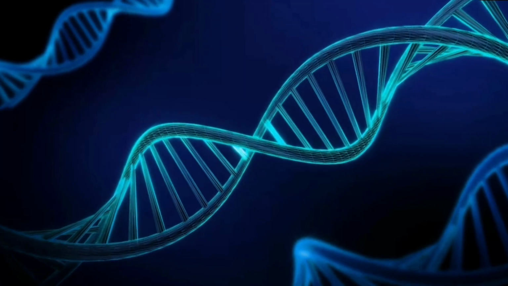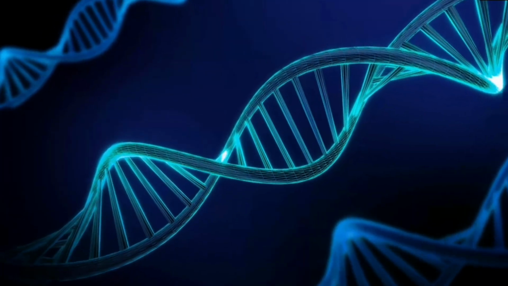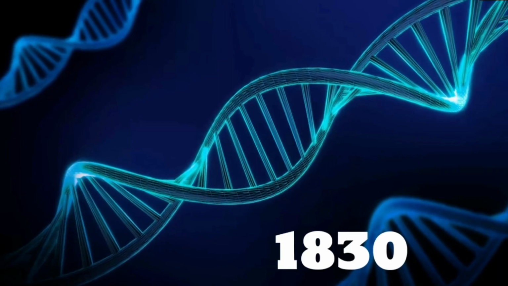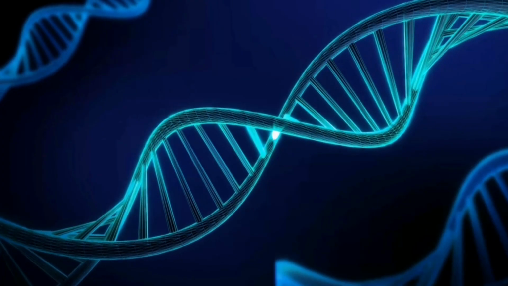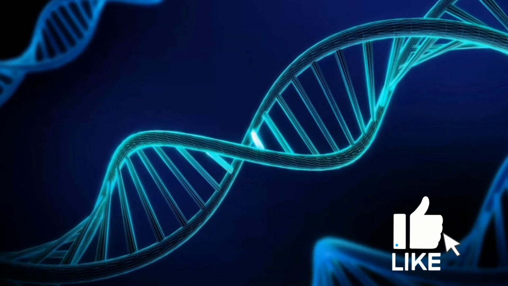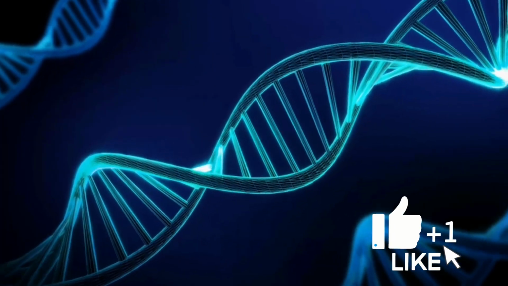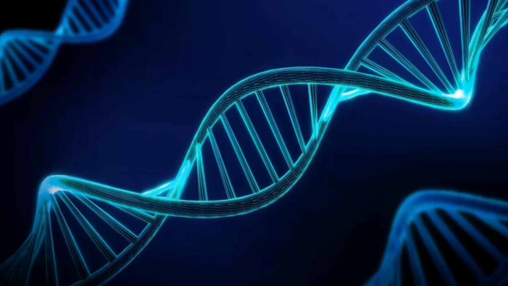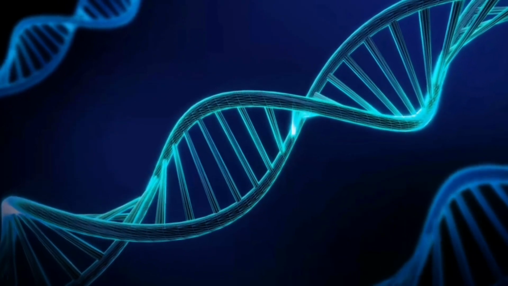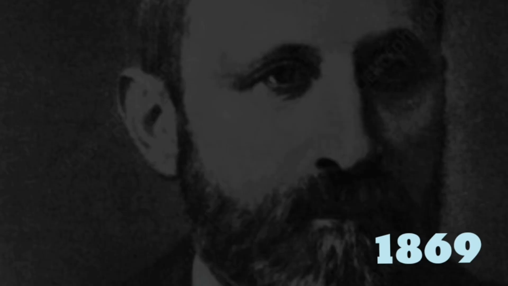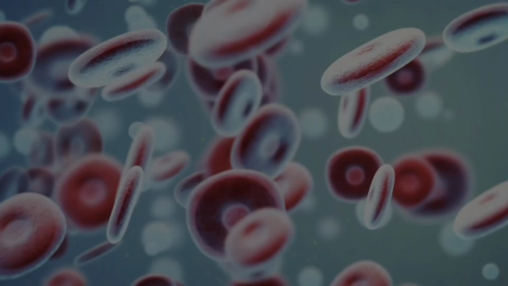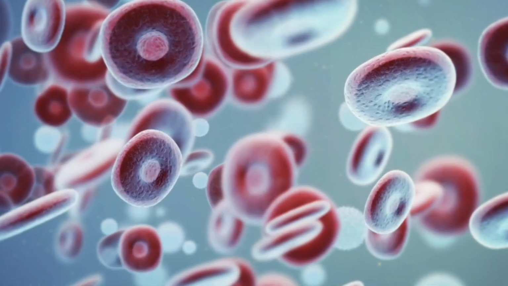The discovery of DNA began with the identification of the cell as the basic unit of life in the 1830s by Matthias Schleiden and Theodor Schwann. However, it was not until the late 19th and early 20th century that scientists began to understand the chemical composition of cells. In 1869, Swiss biochemist Friedrich Miescher discovered a substance in the nuclei of white blood cells, which he